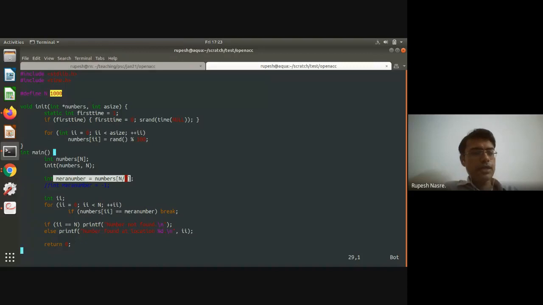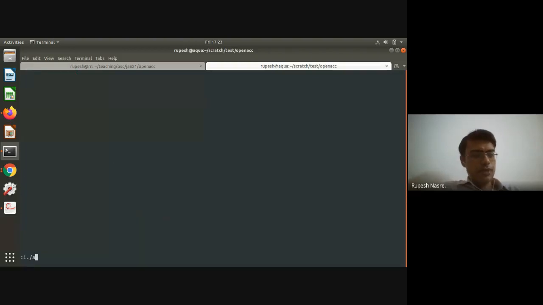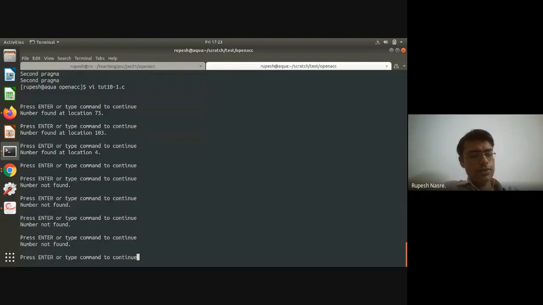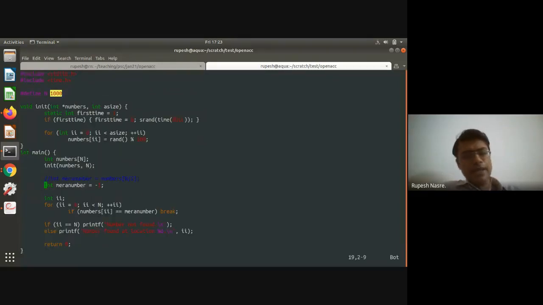So definitely it is there inside the array. Or I can specify Mera number as -1, which is guaranteed to be not there in the array. And I can just quickly check if that works out fine, and every time the number is not found. So it is likely that the code is working fine, but you can check for correctness in case you find any issues. Okay, so sequentially this is okay.